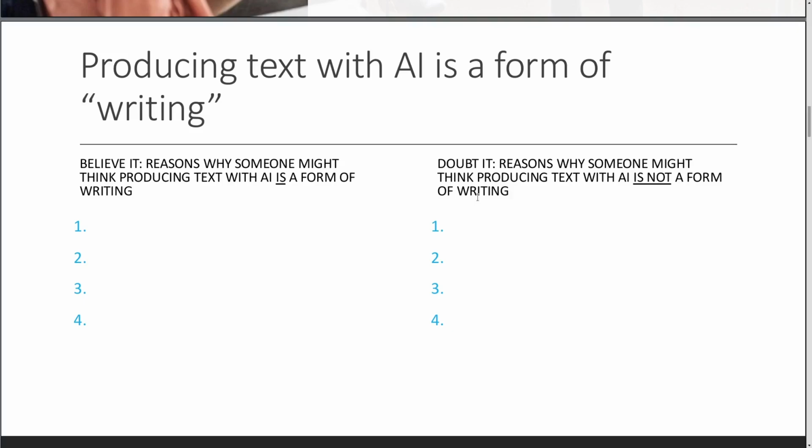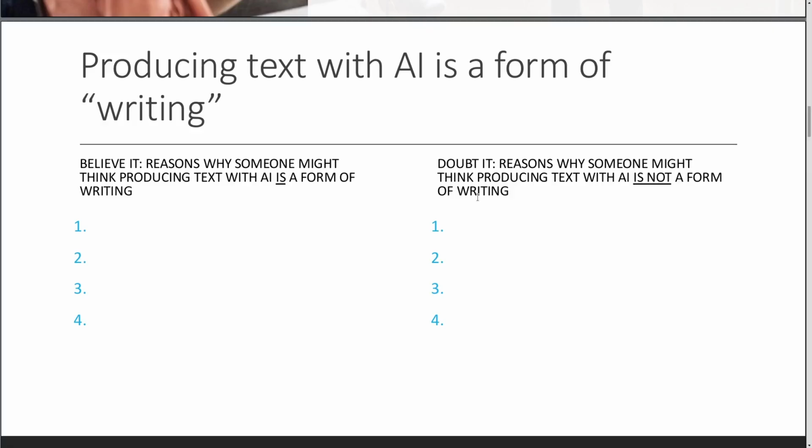So what I would do here is give them this prompt and then maybe demonstrate for them, well, here's what one believe it might be. Maybe I'd come up with a believe it and write it on the board, and I would come up with a doubt it and write it on the board. And then I would ask them to come up with 3 more on each side. Here are some reasons to believe it. Here are some reasons to doubt it.